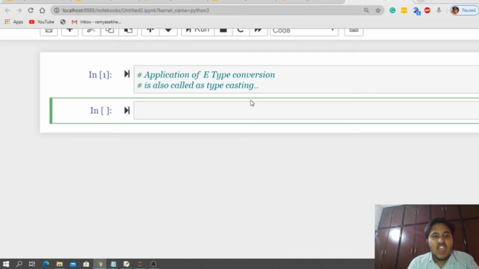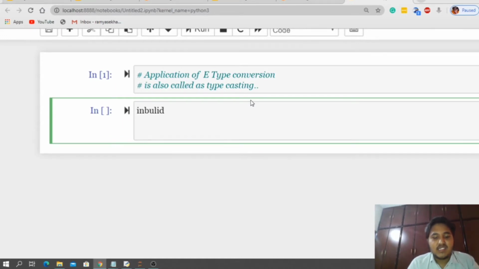Yesterday we talked about the inbuilt support. In that inbuilt support, let me take one function, the first function, int(). This function has two parameters, guys.